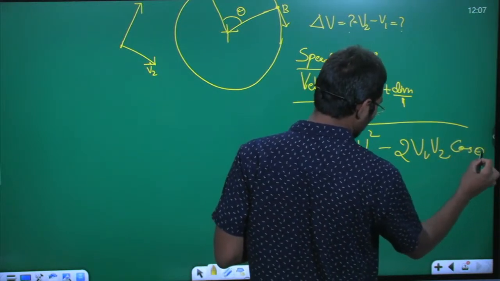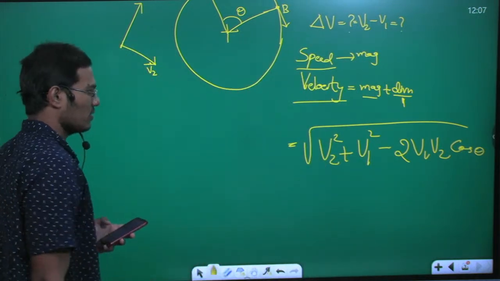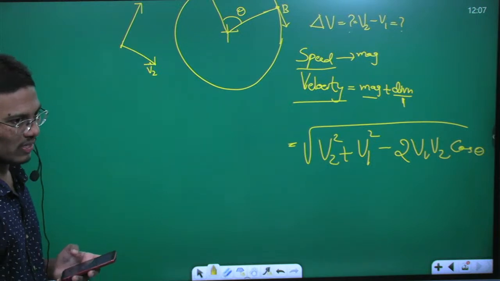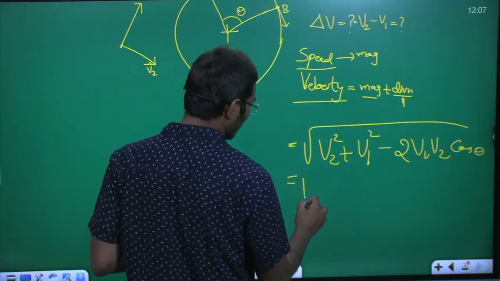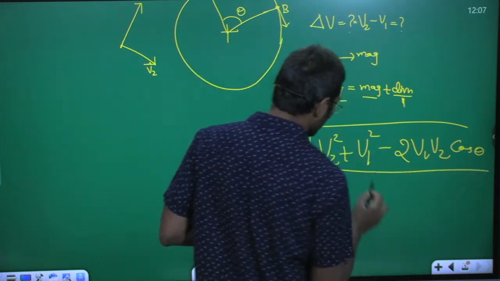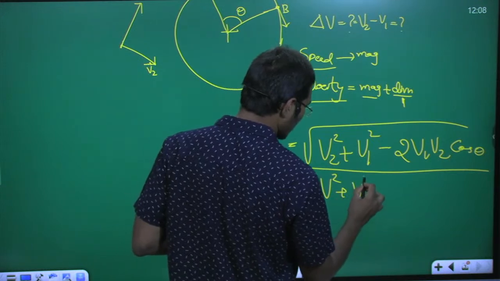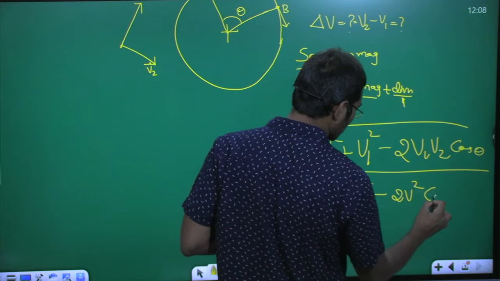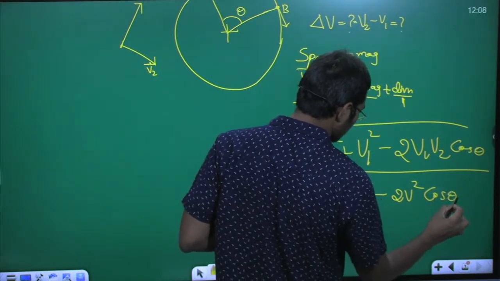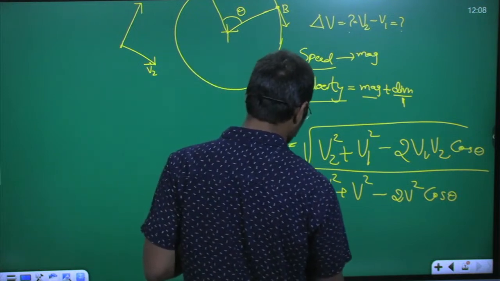Okay. So this is the magnitude of the difference between two vectors. So what is V2 and V1? Both are of same magnitude. So V square plus V square plus 2V square cos theta, right? So if you try to take V square out,